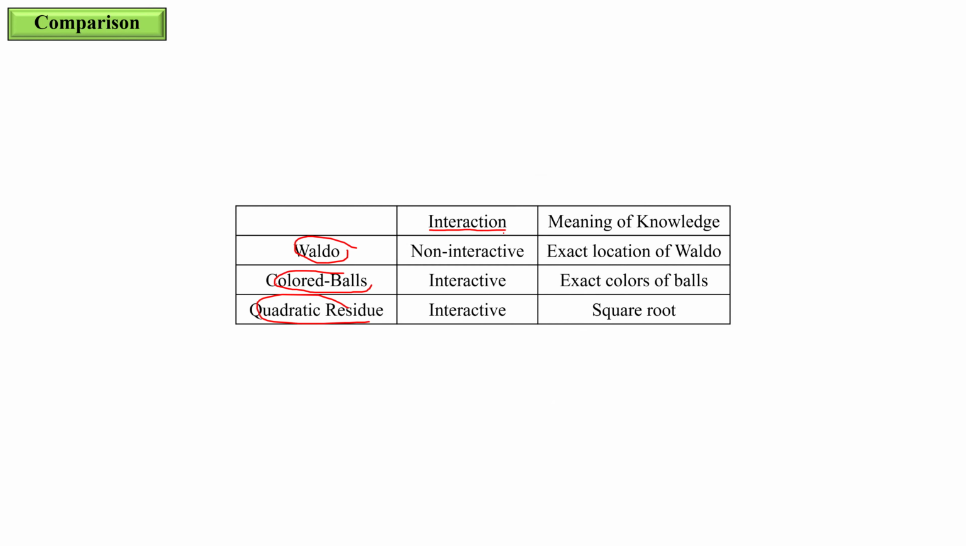In the second puzzle, the color ball, there was an interaction between the prover and the verifier. The verifier hides the color ball behind him and then decides whether to switch their positions, and then brings it in front of him. And then the prover replies whether the location has changed or not. And this step is repeated for n iterations. So there was an interaction between the prover and the verifier, and we call this kind of protocol an interactive ZKP system. And the quadratic residue also is an interactive ZKP protocol because the prover first sends something